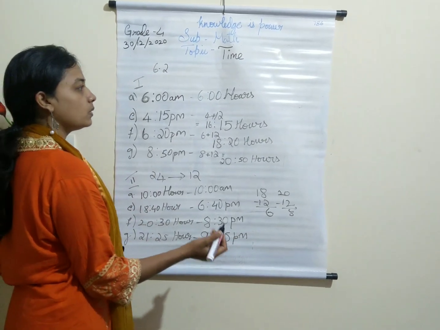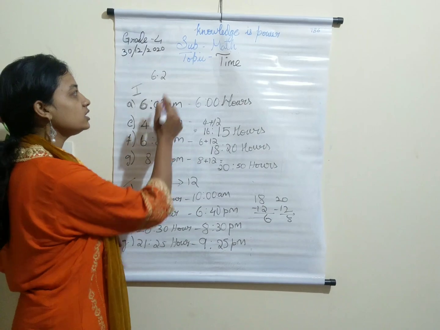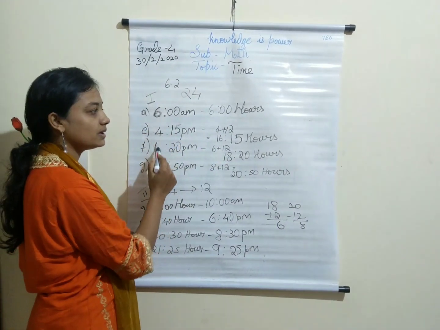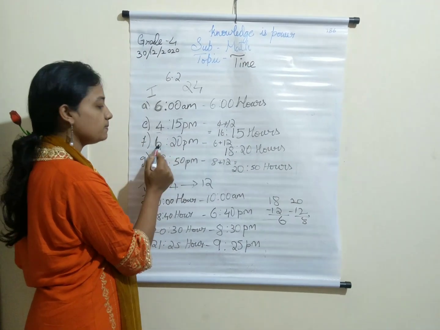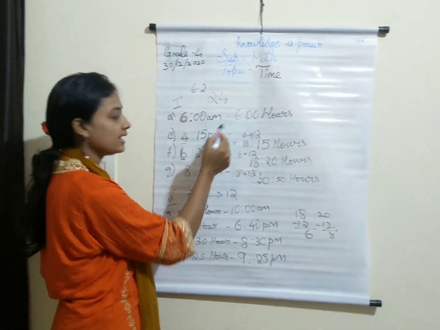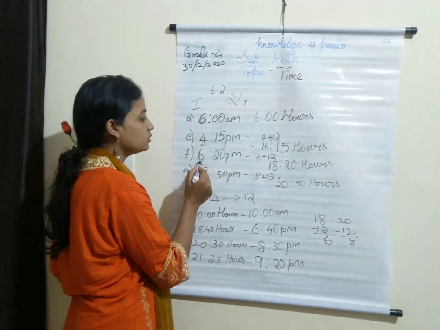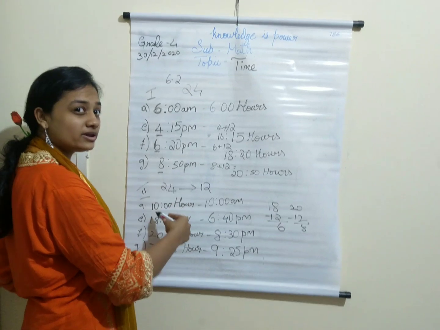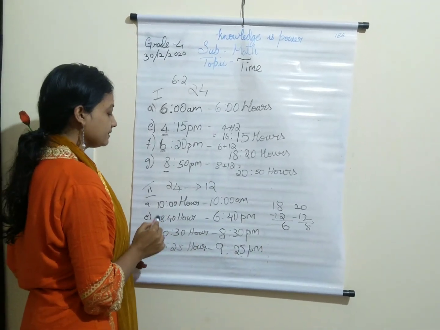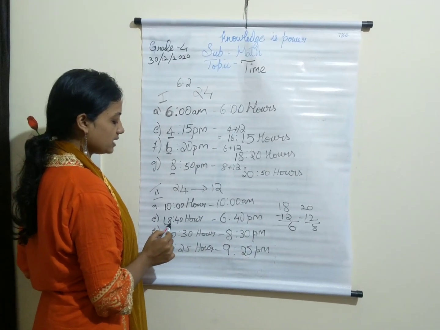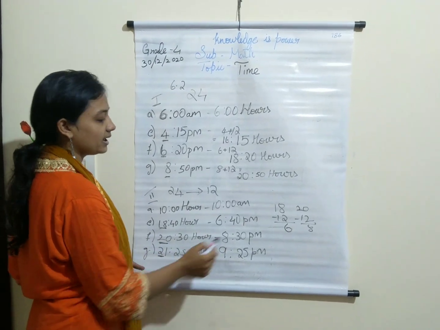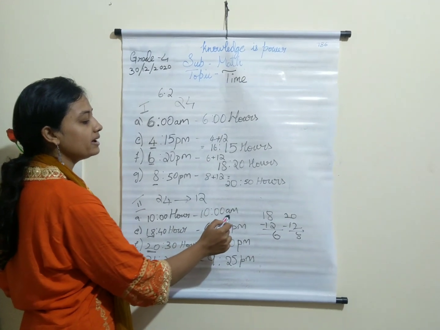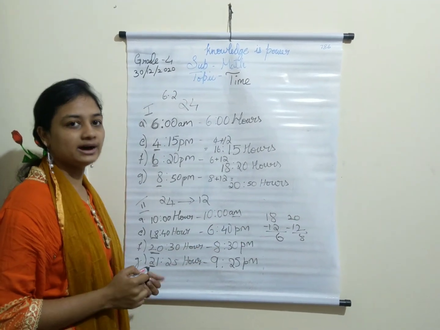So, a short recap. When I want to convert into the 24-hour clock, I add 12 to my hours when it is PM. If it is AM, I write the same. When I want to convert from 24 hours to 12, I subtract 12 from my hours and write PM. If I am not able to subtract, then I just write the same time and write AM. This is how I convert it.